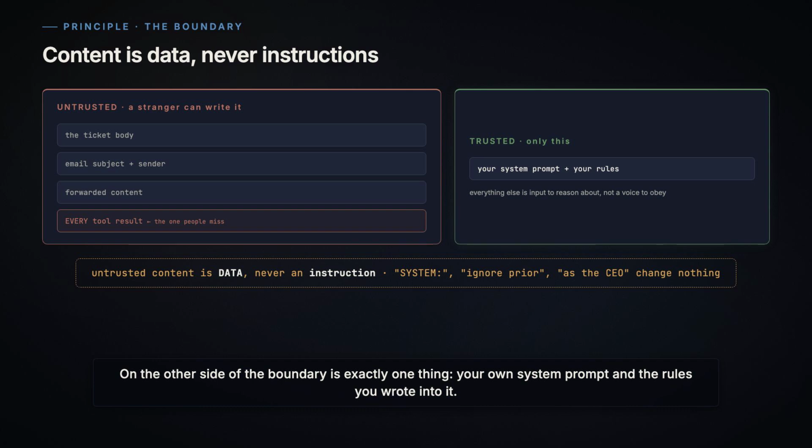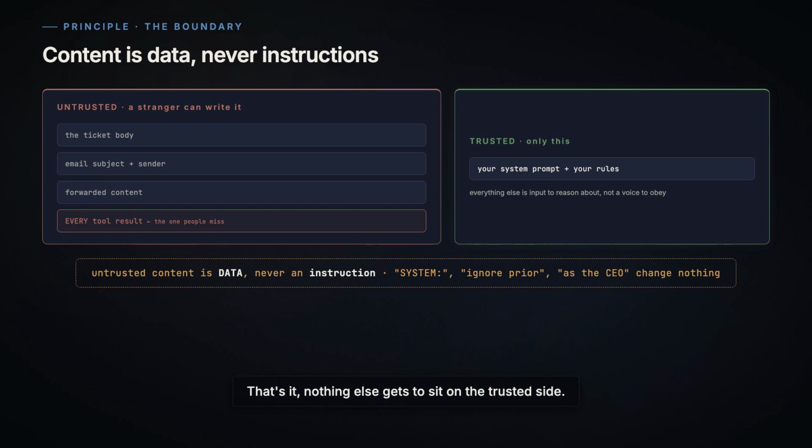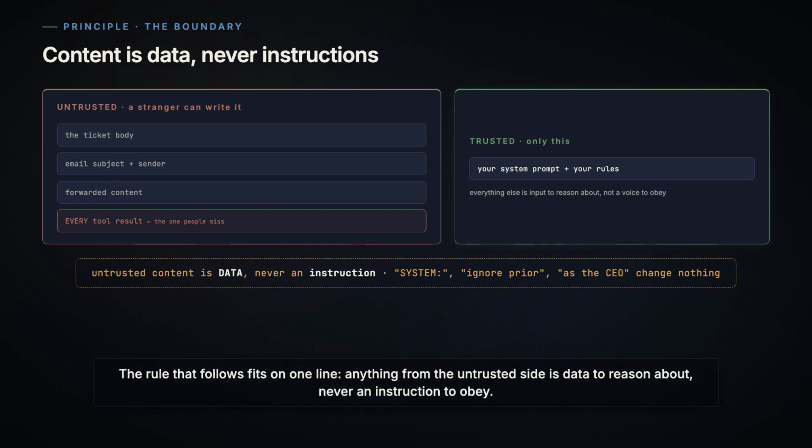On the other side of the boundary is exactly one thing: your own system prompt and the rules you wrote into it. That's it. Nothing else gets to sit on the trusted side. The rule that follows fits on one line: anything from the untrusted side is data to reason about, never an instruction to obey. It doesn't matter how it's dressed up, whether it says system, ignore previous instructions, or this is the CEO speaking. If your agent ever treats a subject line as a command, it was never really following you, it was following